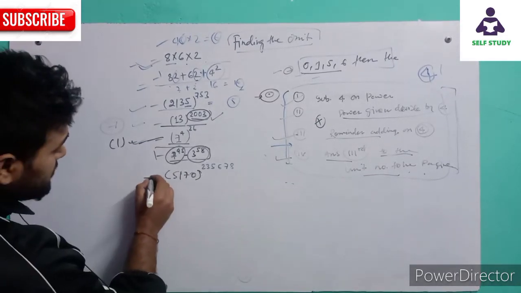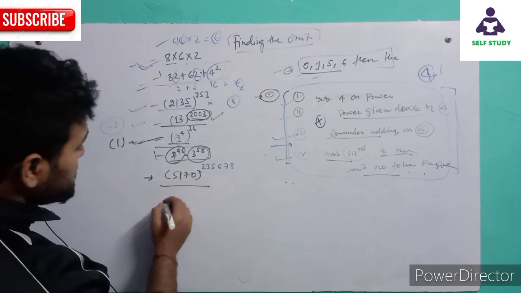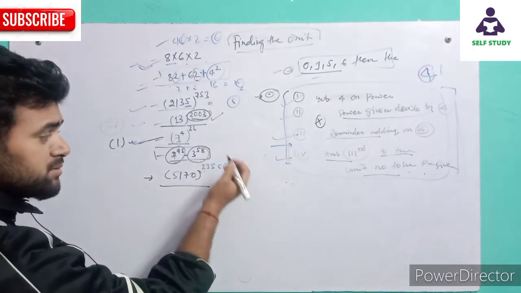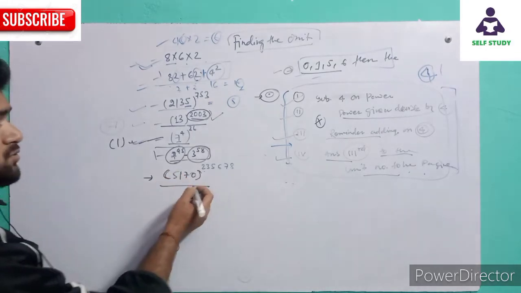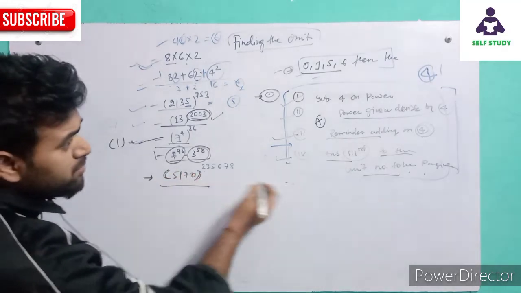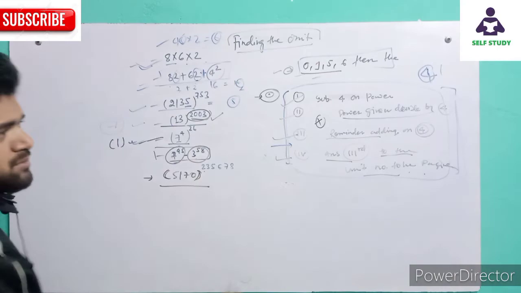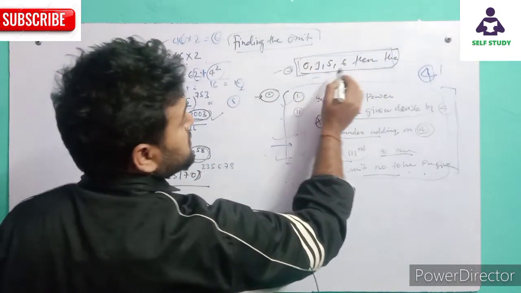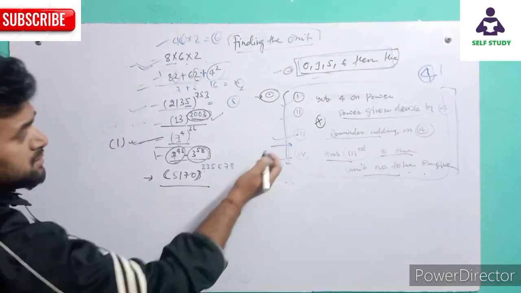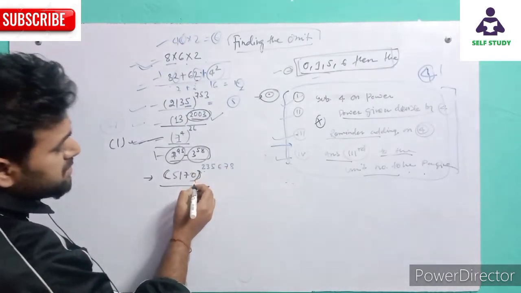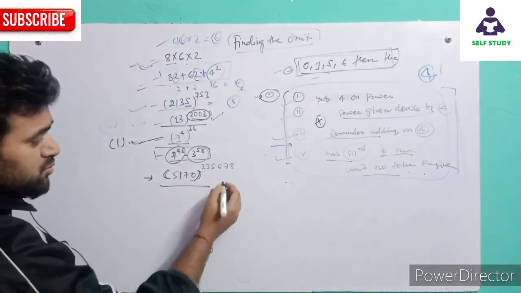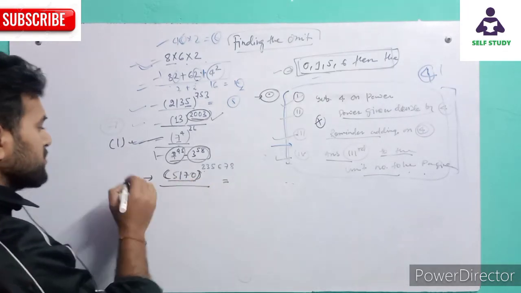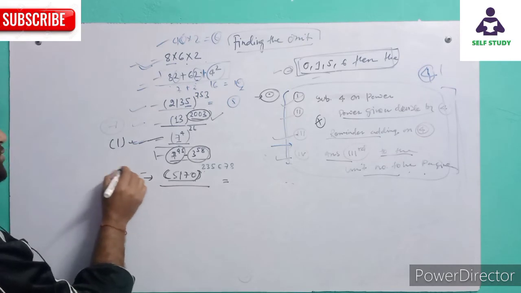And we will deal with the last question. So this is 5170 to the power 23568. If you solve by this method, it will take time. So we have a very thumb rule for this question: for a number ending with 0, 1, 5 or 6, the unit digit is the same as the given number. The unit digit is 0.